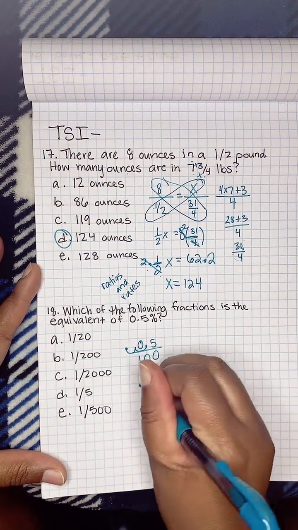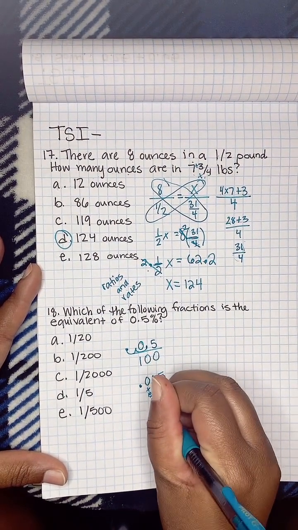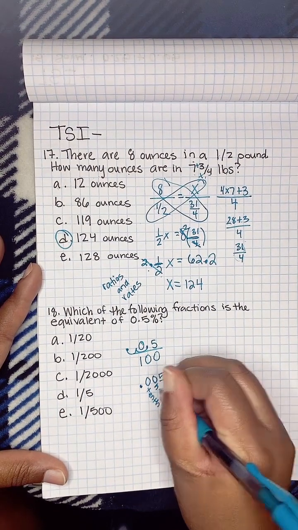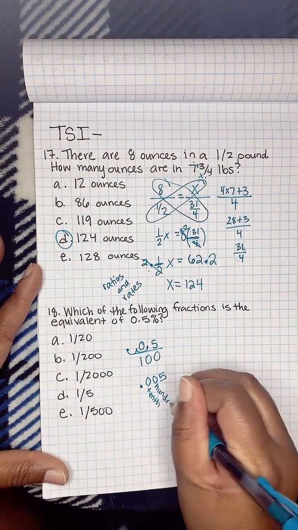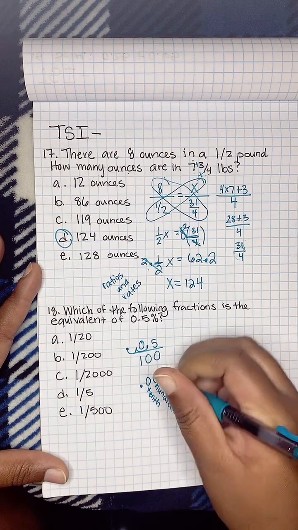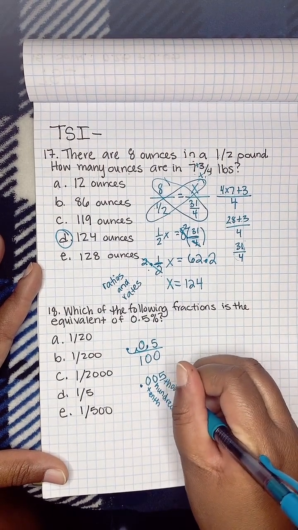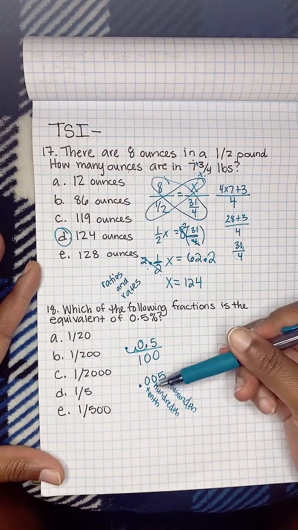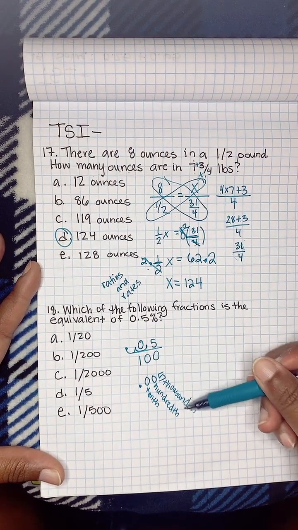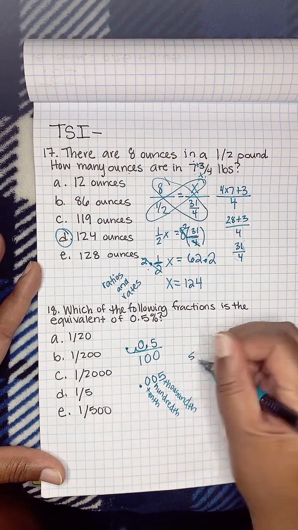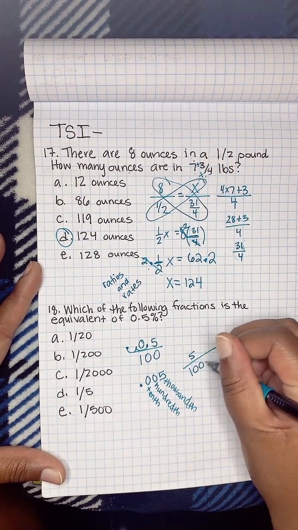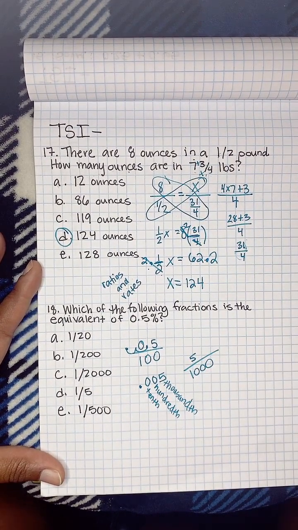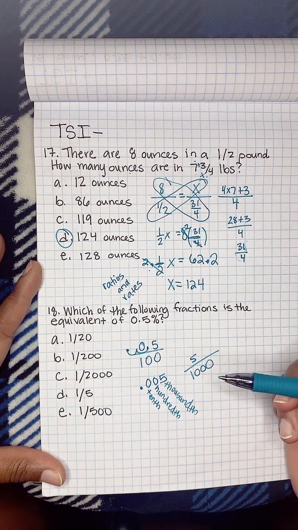So this is the tens. This is the hundreds. And this is the thousands. Okay. So this 5, since it's in the thousand spot, we can write this as 5 over 1,000. Now,